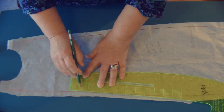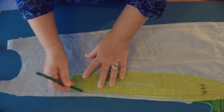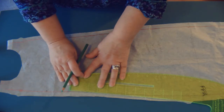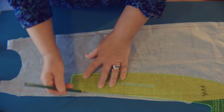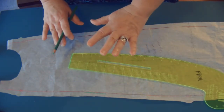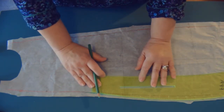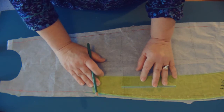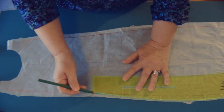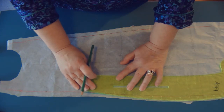I've made a green dot there, and I've lined up the ruler edge so that it is running against the red line that's there for the medium. And I'm actually going to just take this now and start my new line. I'm not going to go very far because this is not giving me a very easy way, but I'm going to hope that when I come here and line up the ruler with the next line, so here I have my line lined up, and I'm actually going to now come along this line,